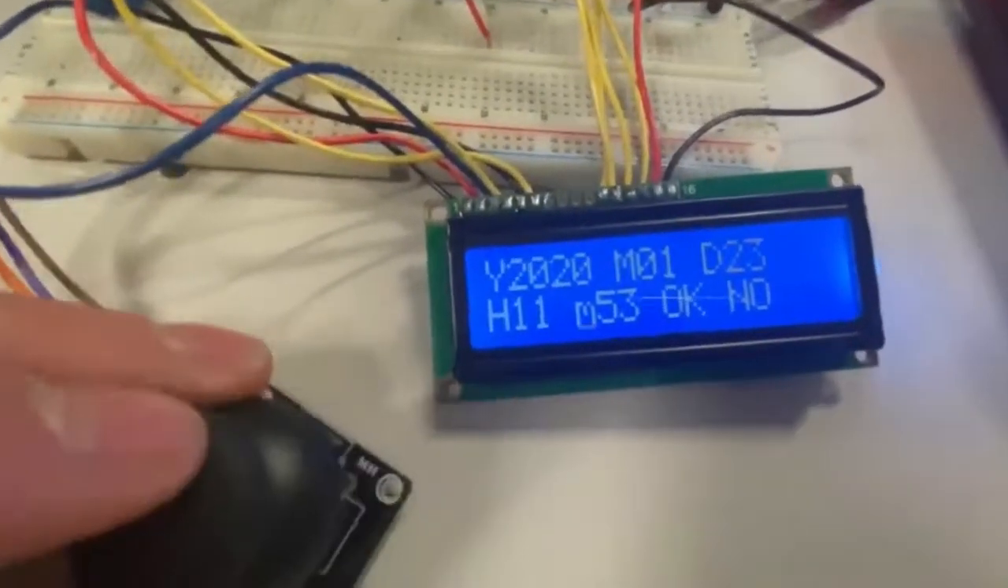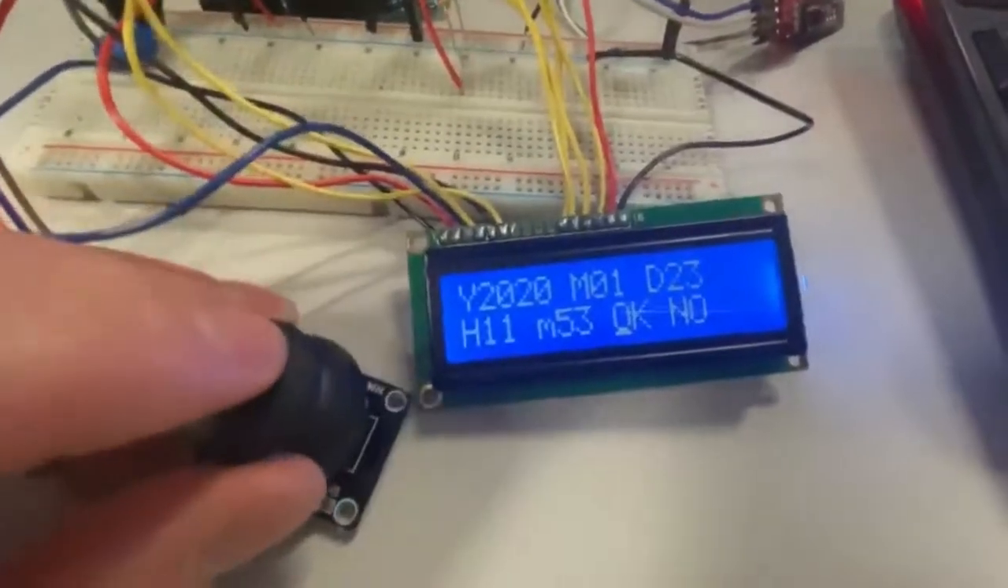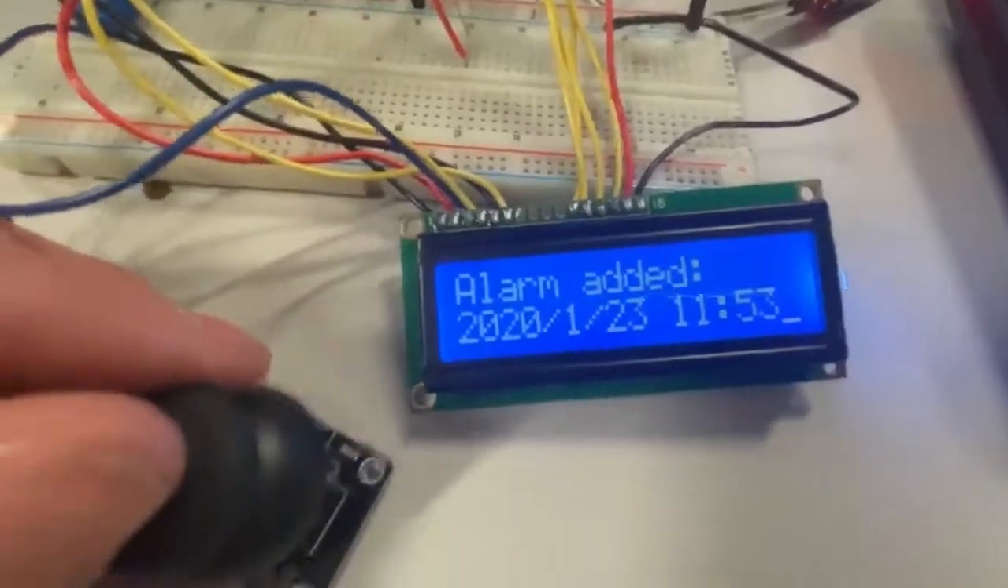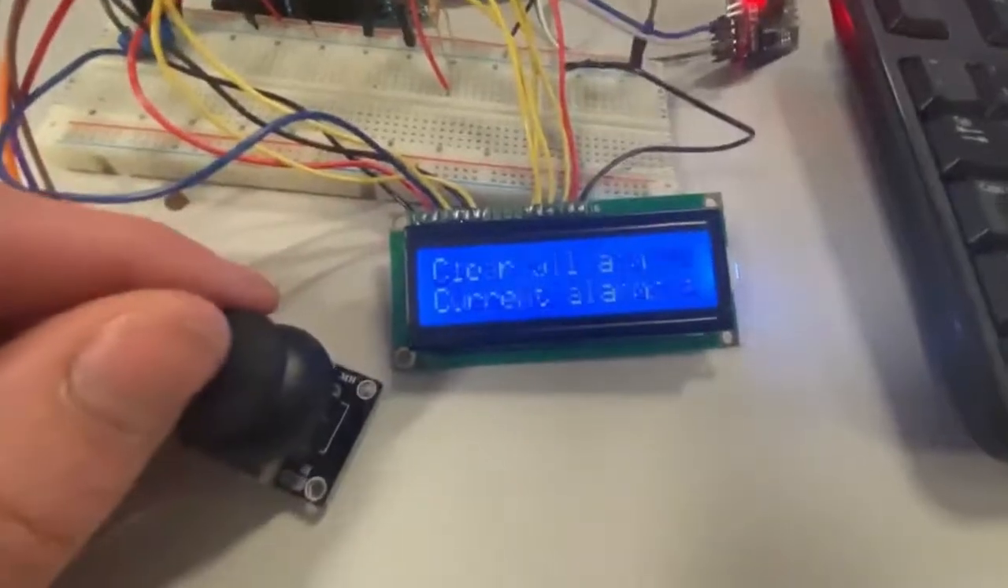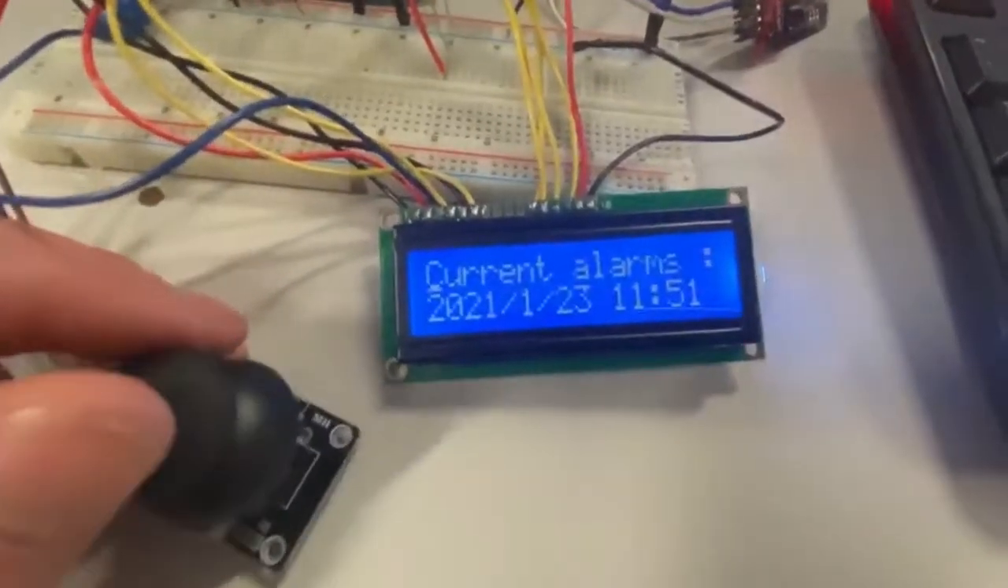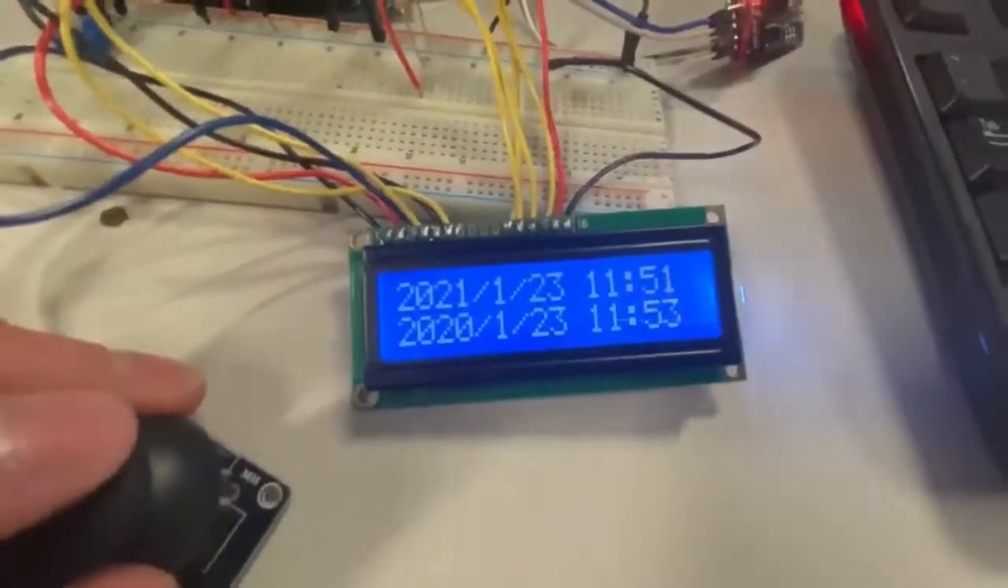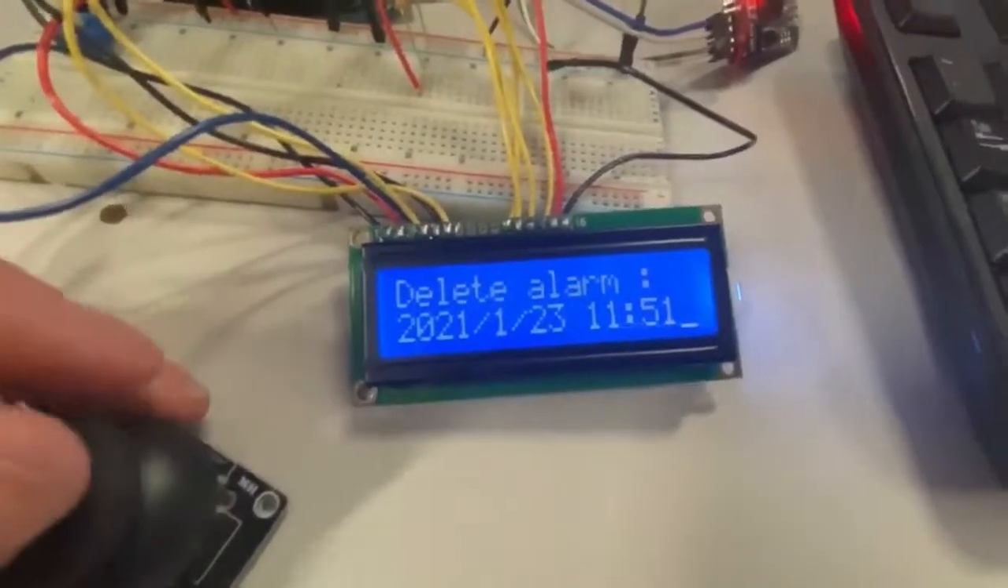Turn it up, okay. And add that one for 2 minutes. So I can go check the alarms. They're both added. And here we'll click and we can delete